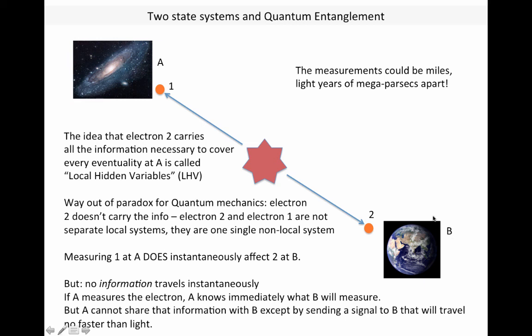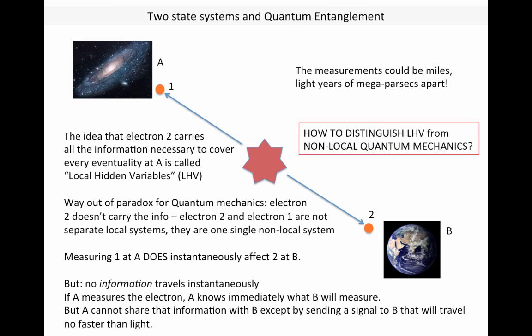So in other words, observer B can never predict ahead of time what the outcome of the measurement of electron 2 will be. So to observer B, the measurement will still appear random. So the question is, how do we test these two possibilities? We have the Einstein-Rosen-Podolsky possibility that the two electrons are separate particles that don't communicate with each other and that they carry with them all their information about their physical properties, such as the X, Y, and Z components of